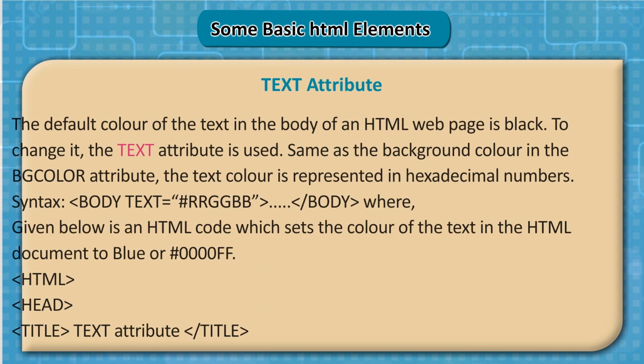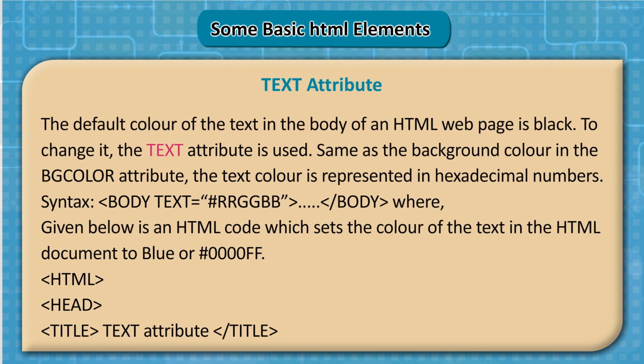Text attribute. The default color of the text in the body of an HTML web page is black. To change it, the text attribute is used. Same as the background color in the color attribute, the text color is represented in hexadecimal numbers. Syntax: body text=#RRGGBB /body, where RRGGBB is the hexadecimal color value. Given below is an HTML code which sets the color of the text in the HTML document to